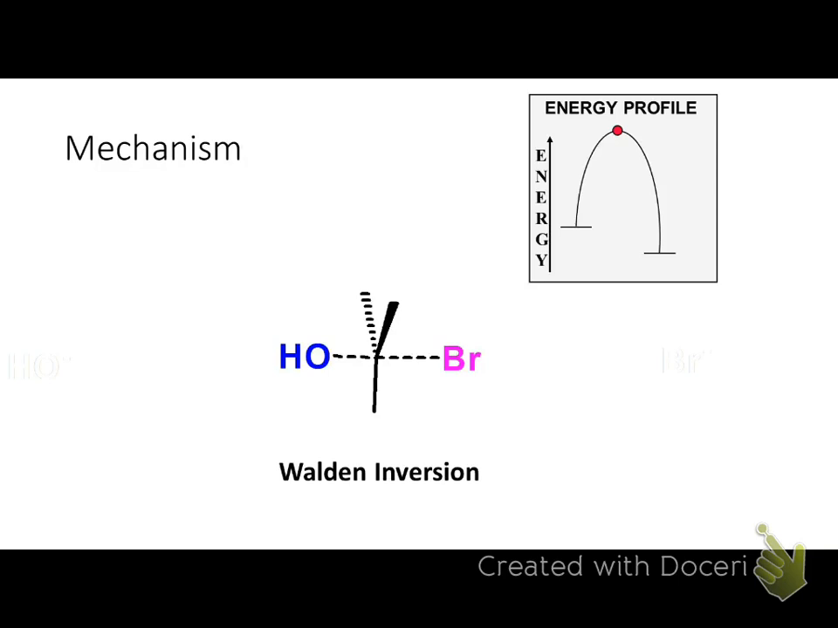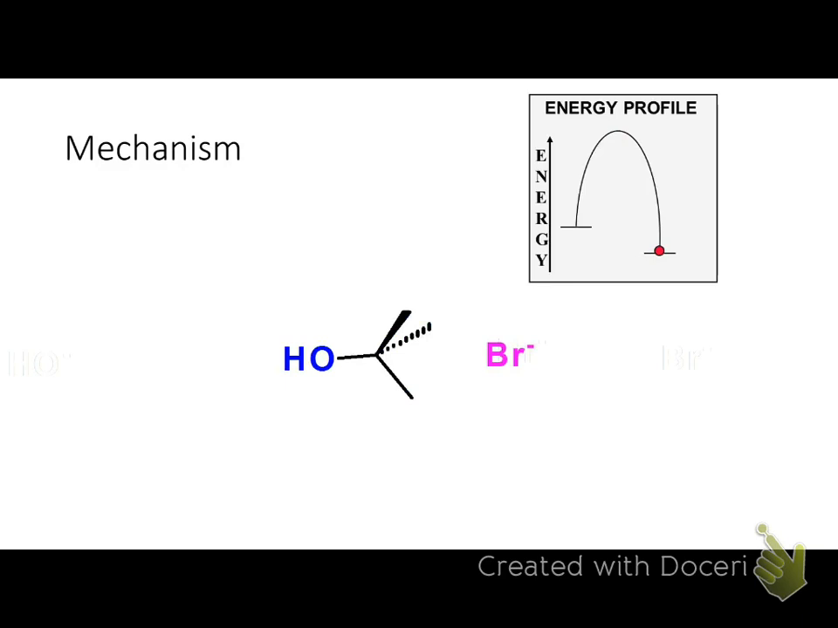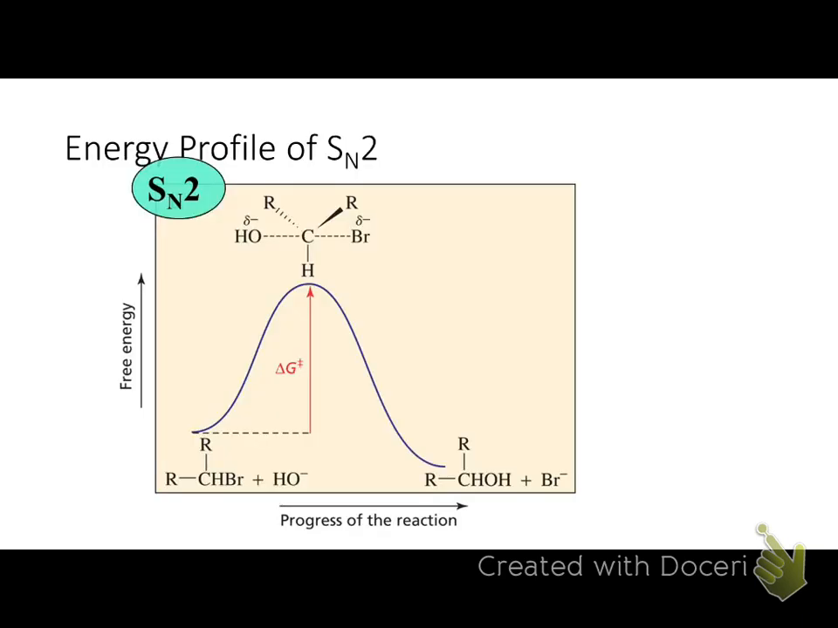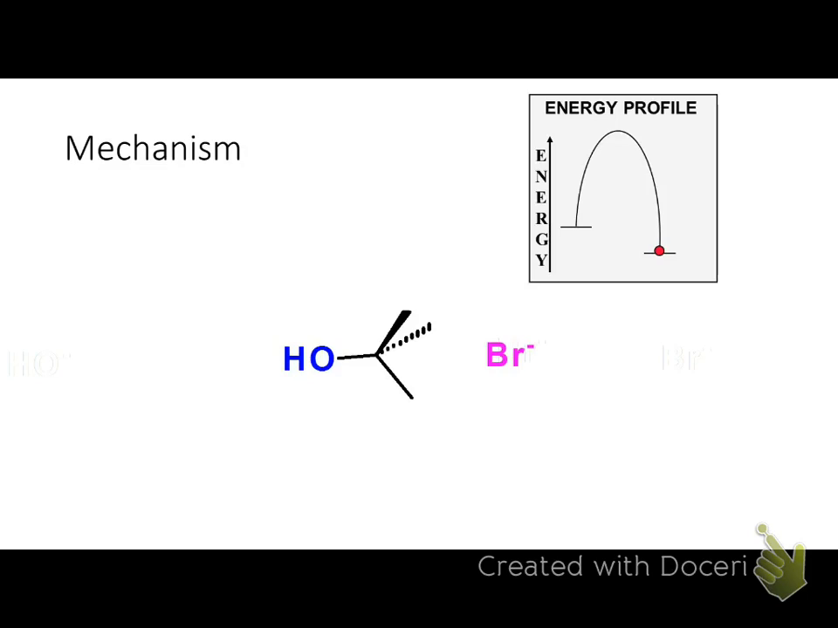So from that point, it can go to the right or the left, and this is again the Walden inversion. This is the peak of it. This is known as the transition state, because it's the transition between the reactants and the products, okay? Okay, so then it completely inverts, and you end up with your product, and in your product, we would say